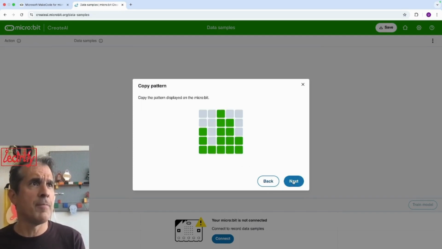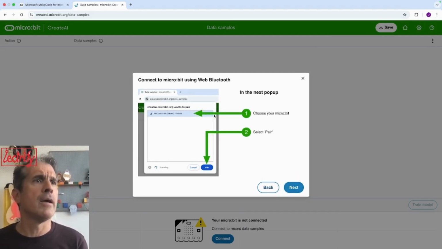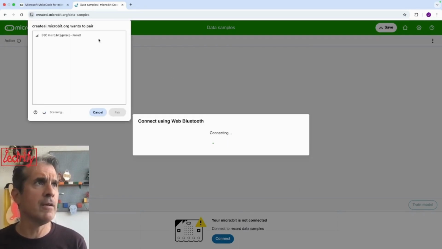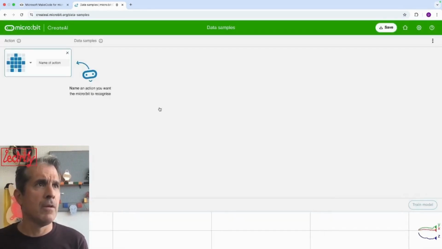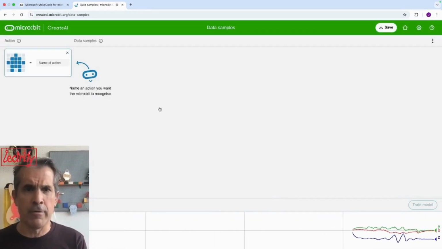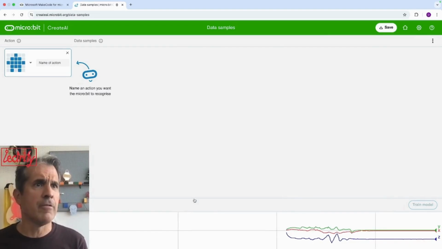It says copy the pattern displayed on the microbit. This is the pattern, so I just say next. It says the next pop-up, pair the microbit, so I'm pairing it. It wants to pair my Bluetooth, and pair. So now I've connected the microbit, and now you will see in this bottom corner here, there is a chart